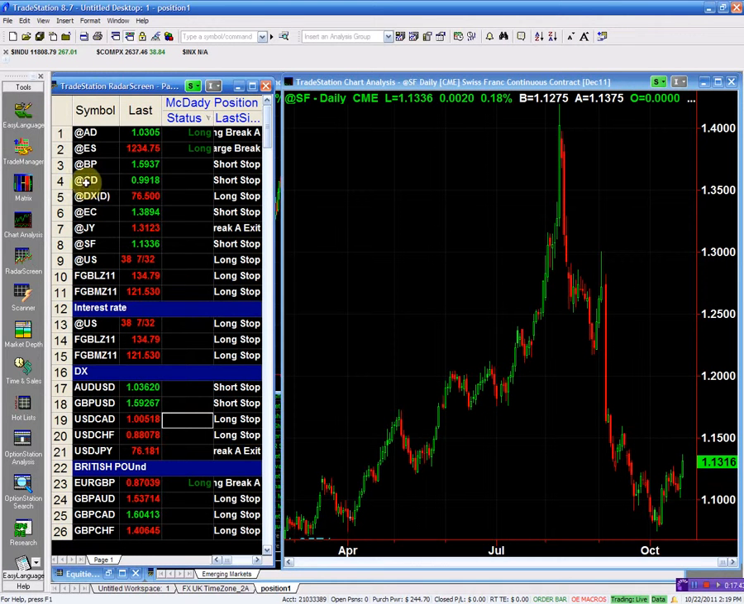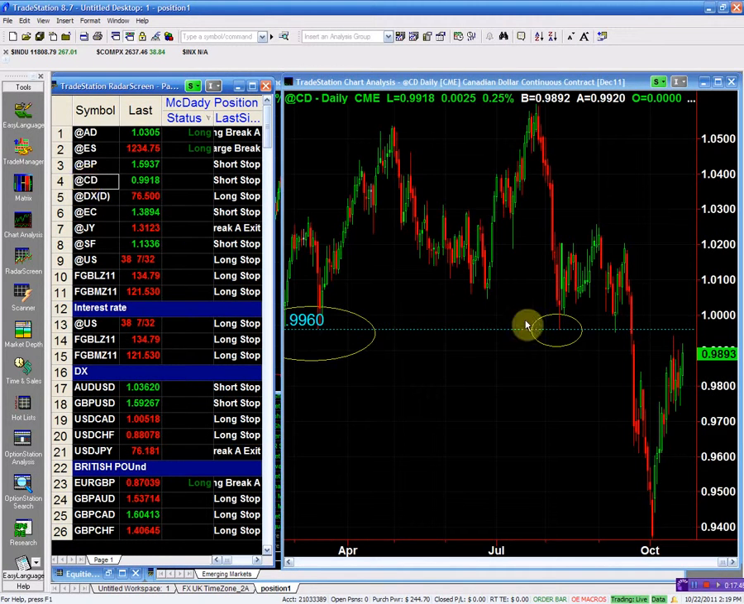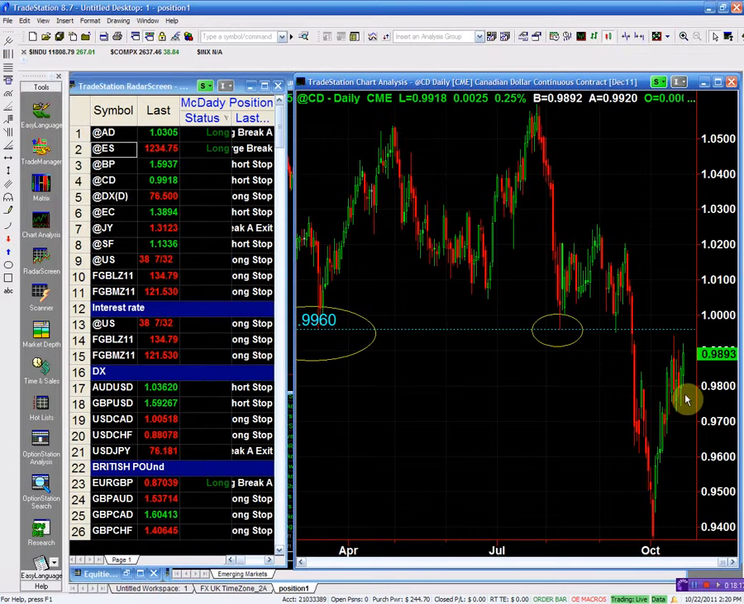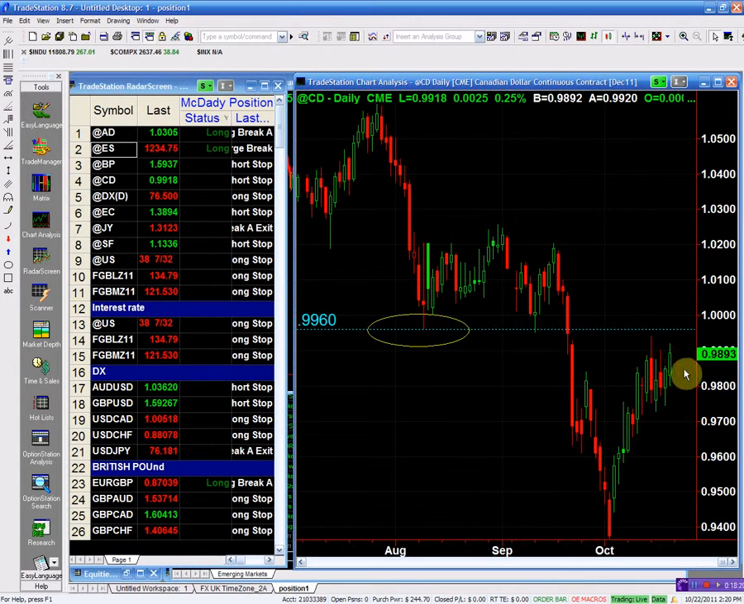Last but not least is the Canadian, and this is the weakest of them all. With all the breakouts that we had in the Aussie, the yen, and the euro, all those breakouts that gave us a technical break above a structure point, this is the one that has failed to do that. And even by looking at this close on Friday, closing at 98.93, this is actually a